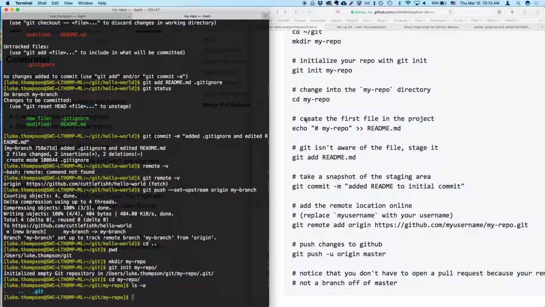Okay. So now we want to create a README file. So we want to have the first line be a hash sign and a space, and then my repo, which is a markdown top level title. So we're going to do that. We're going to append that, which is, we could have just done one arrow. We're going to do 2 arrows, readme.md,